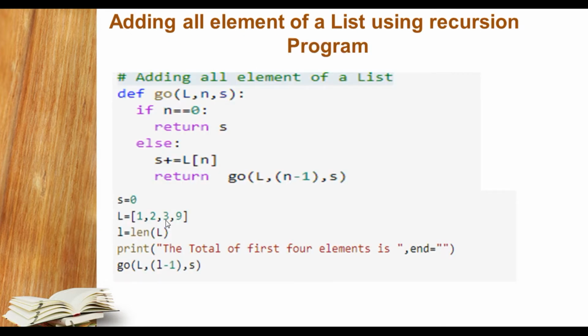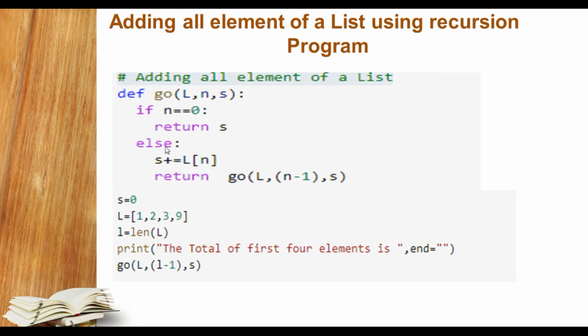Okay, so here you can see, student, I have already created a program that adds all elements in a list. What we have to do is define a function which is recursive in nature. First of all, I have defined a function called go. Here L and S are arguments. L stands for the list, n stands for the length, and S stands for the sum. So here we have started the base condition: if n == 0, then we will return S, whatever the sum is.